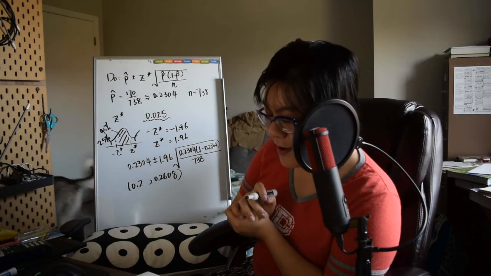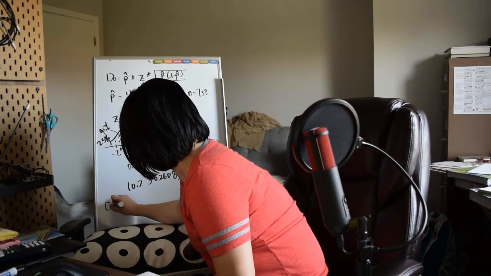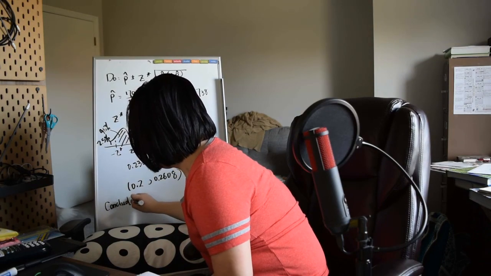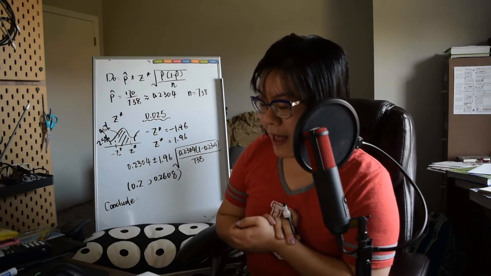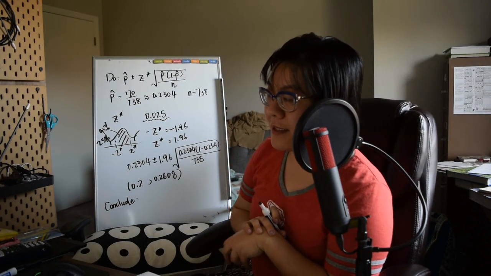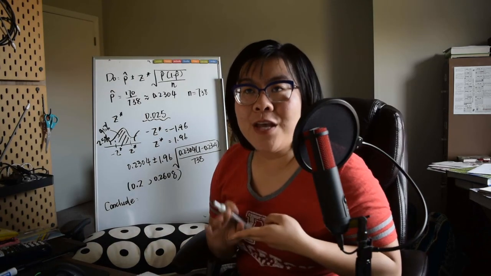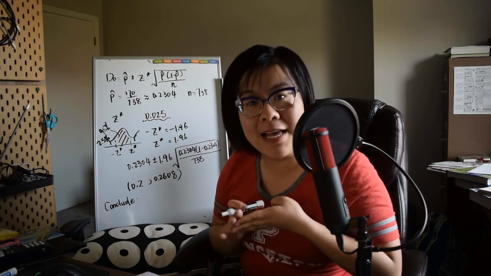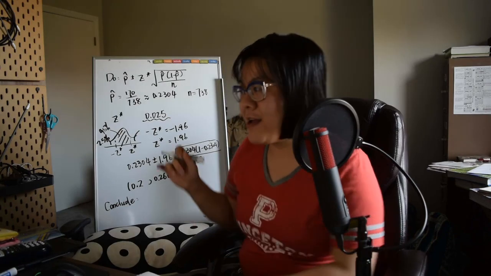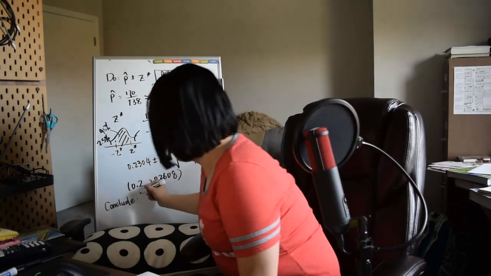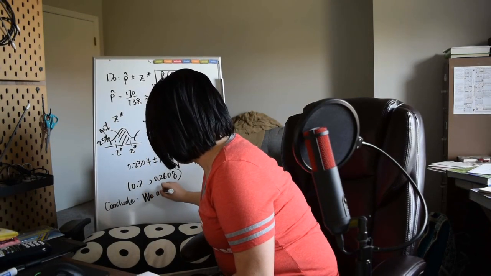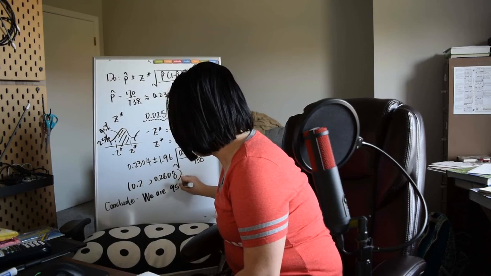And the next step you're gonna do is make your conclusion. Okay, for the conclude part, basically you just need to interpret the confidence interval. Remember how to interpret it? You need to say, well, how many % confident of blah, blah, blah. Okay, so over here you will have, all right, we are how many %? 95% confident that